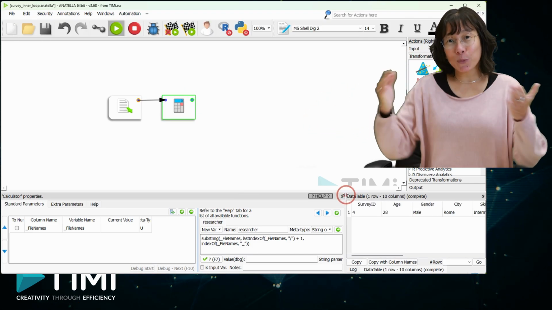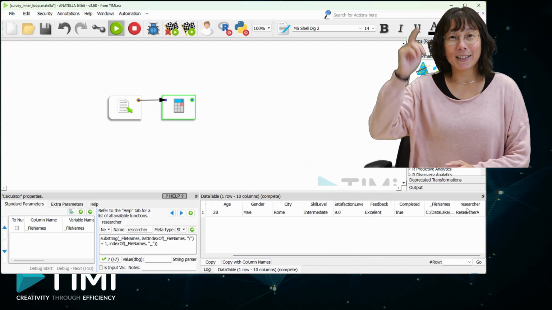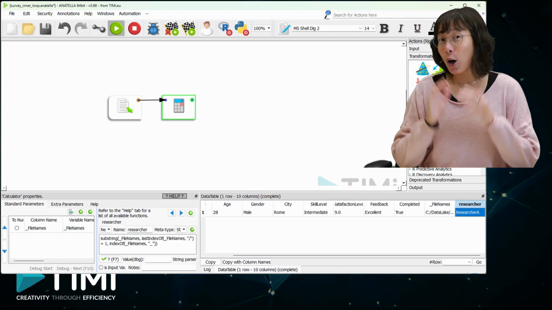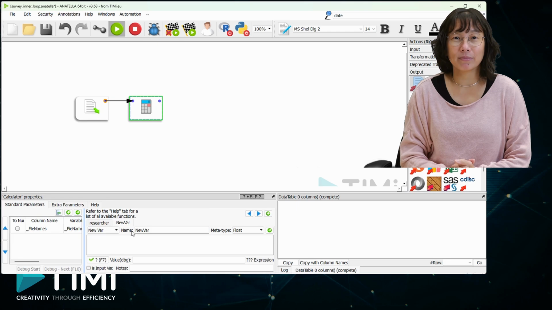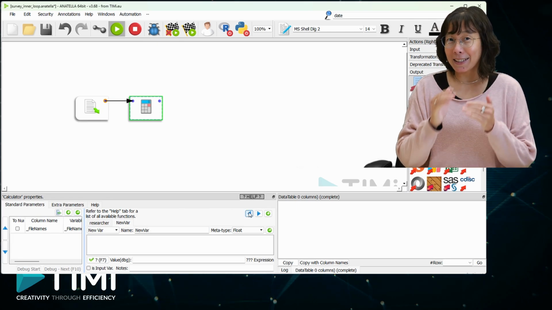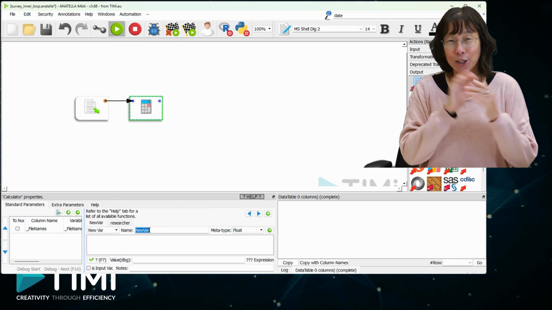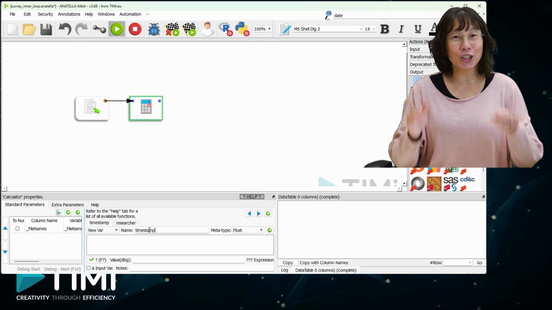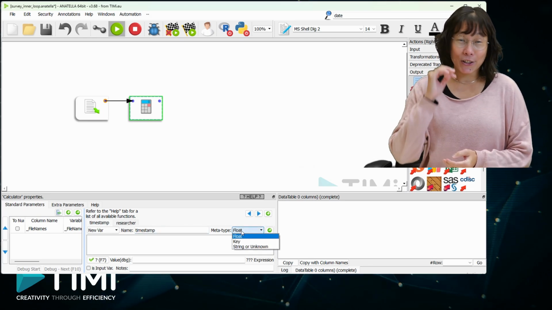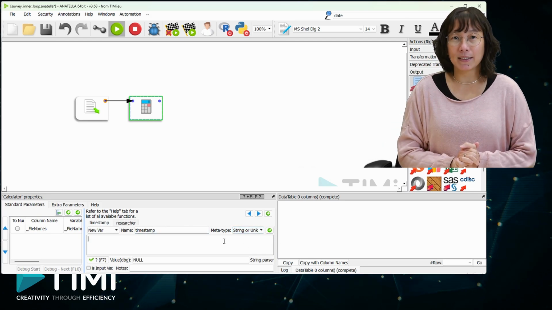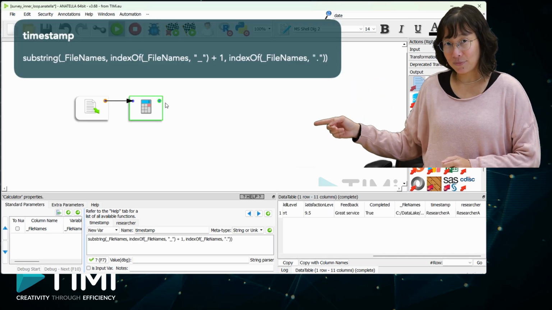Let's check if it works. Yes, we have the name of the researcher. Now, let's get the timestamp. Add a new variable timestamp and change the meta type to string. Extract the timestamp similarly. The syntax is...